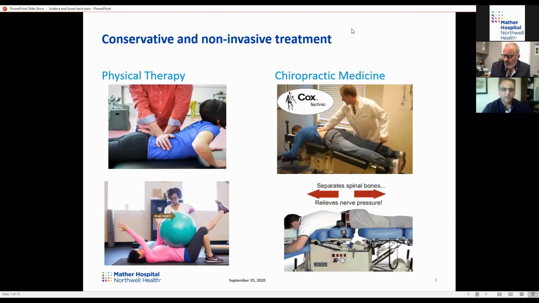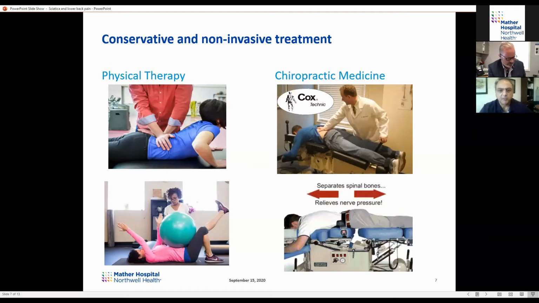Okay, so we're going to talk now about different therapeutic procedures. We're going to start with what we call a stepped approach. We always start with the most conservative, non-invasive treatment first. And in our experience here at the Back and Neck Pain Center, typically we see that 78 to 82% of the patients that we triage and treat get better with conservative and non-invasive treatment. An additional 15 to 18% need to go on to some sort of interventional procedure that Dr. Durkin's going to talk about after me. But typically most patients